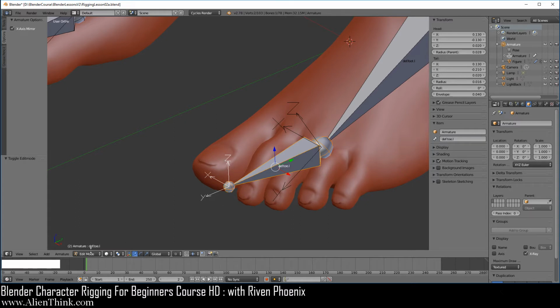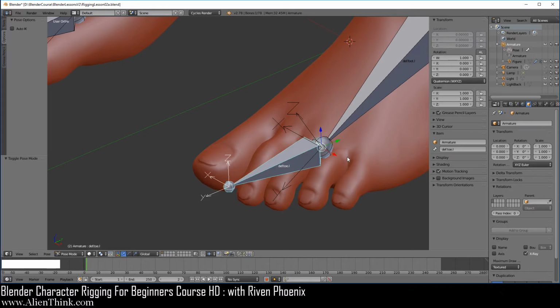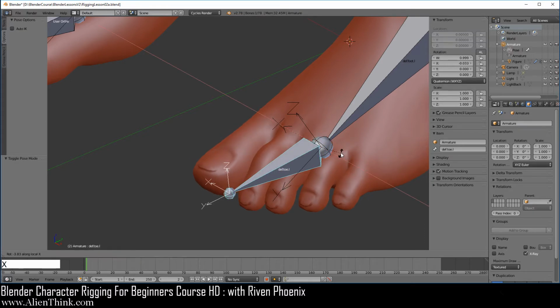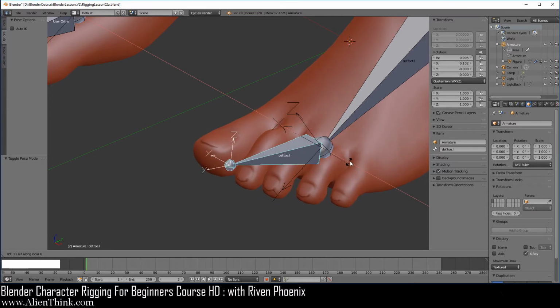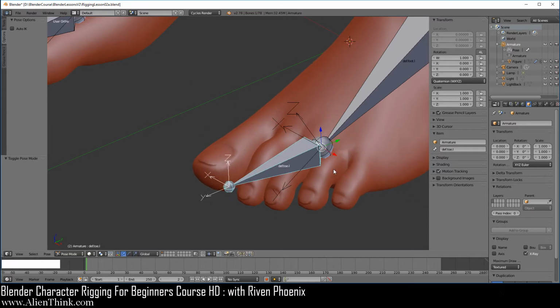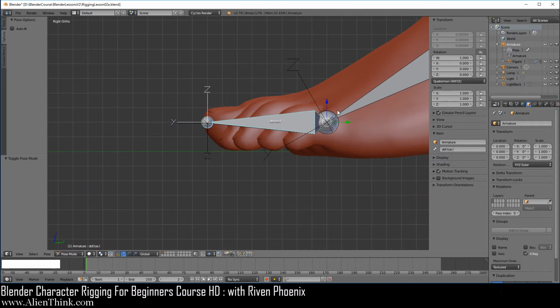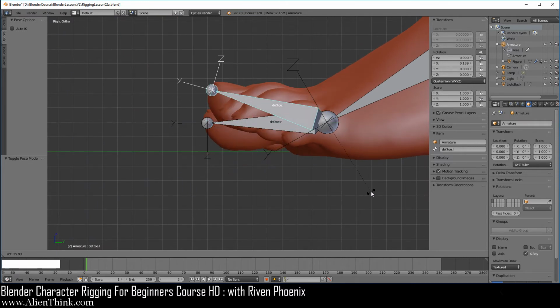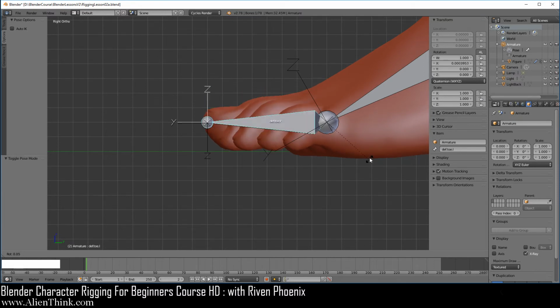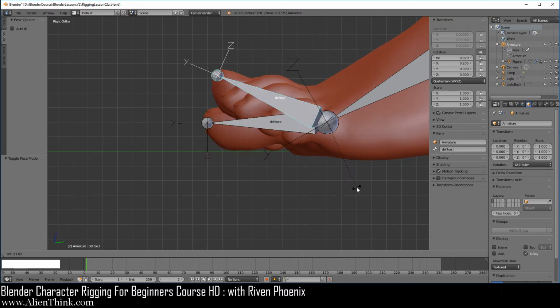Now the other thing that I do want to point out over here is that if we go to pose mode, press the R key, press the X key 2 times, we're rotating around the x-axis, right? Now of course, if we press the 3 key, because this is based on the view, if we just press the R key, we're actually still rotating around the x-axis, but it is not exclusively rotating on the local x-axis that belongs to the head of this bone.